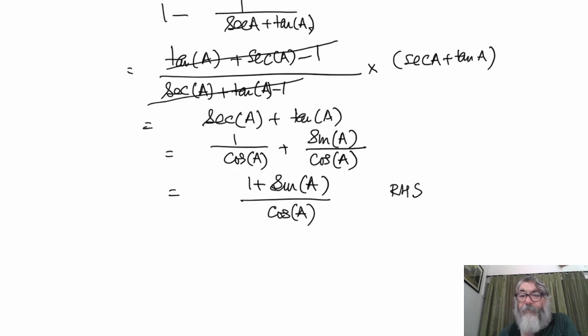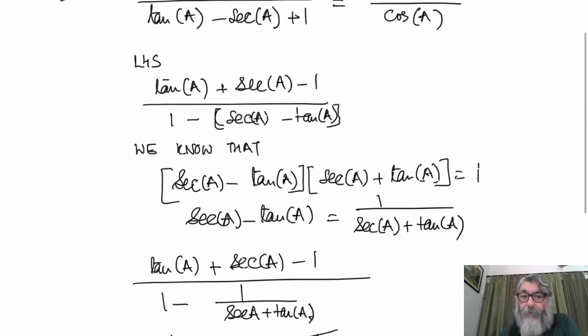So in this question we used, as I told you in my earlier videos also, that sec a + tan a into sec a - tan a are reciprocals. They are going to be very important and used very often in trigonometry and otherwise also. Also, cosec A - cot A into cosec A + cot A are reciprocals of each other, and they will also be used very often in trigonometry. Now, this was question number 6.